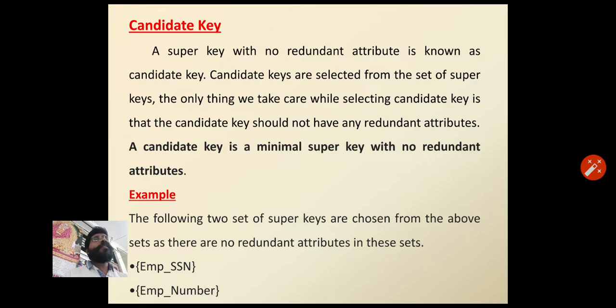For example, we have already seen the set of super keys. So we can find here only 2 such attributes, employee SSN number and employee number. This is the minimal super key, and here there is no redundancy. Let us say with the previous example,